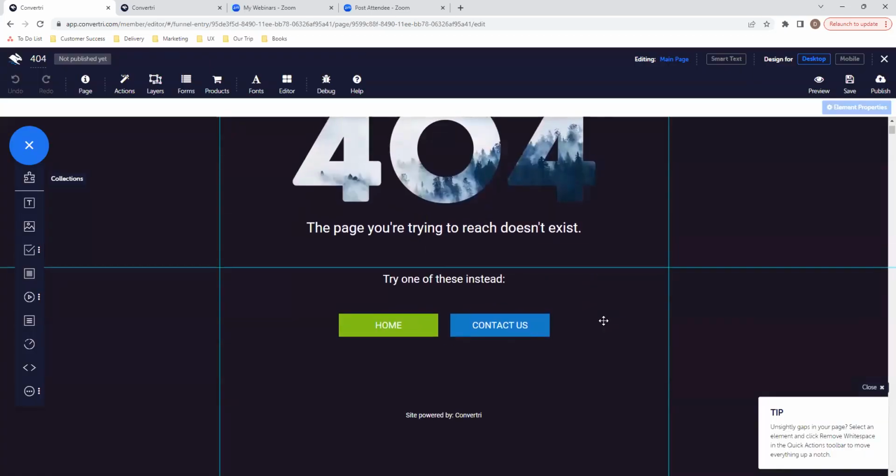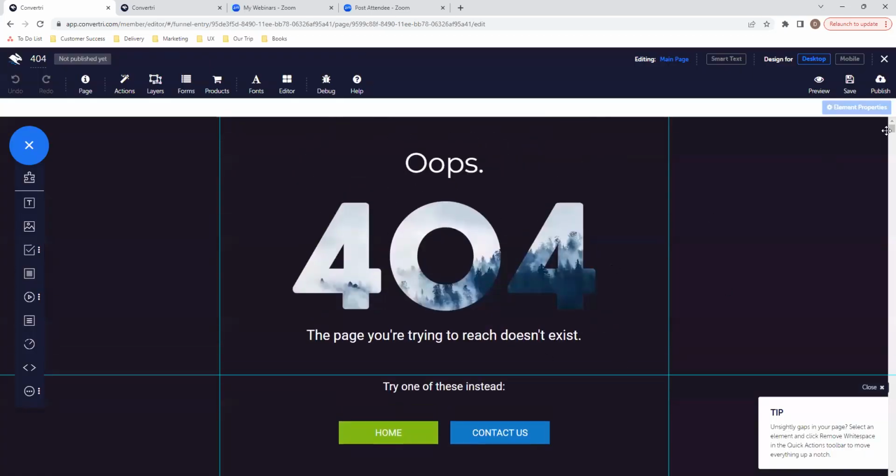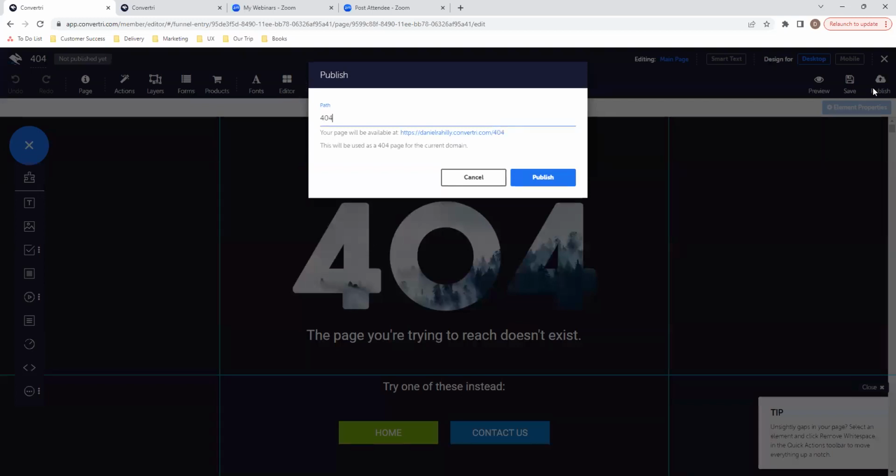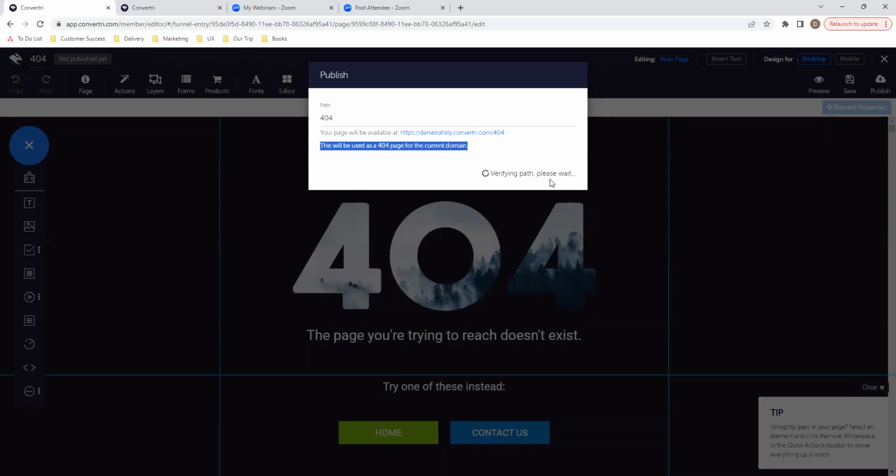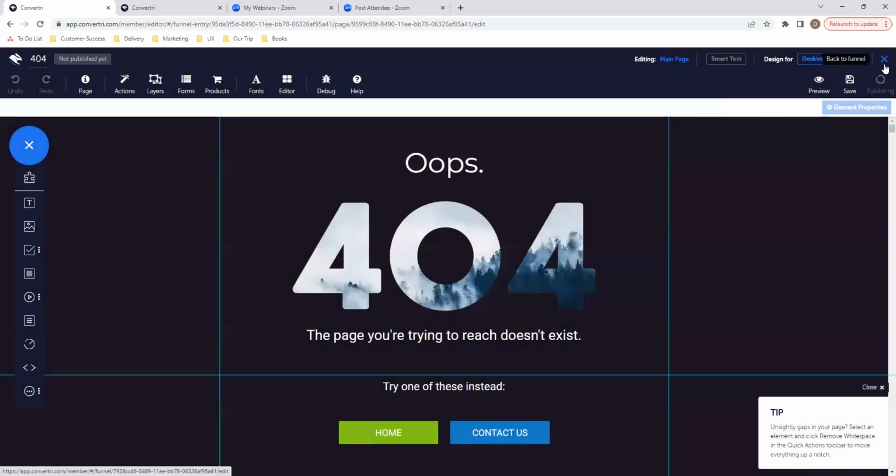Of course, again, you can edit this exactly the same way we just showed, so I won't go through that again, but you can give these a different feel. But what I'm going to do is publish it to 404 and then hit publish. And you can see what will happen is it will be used as a 404 page for the current domain. So if I hit publish on that,